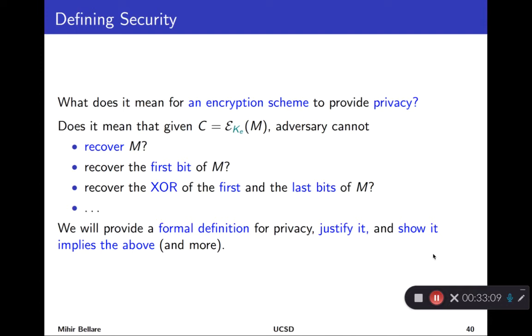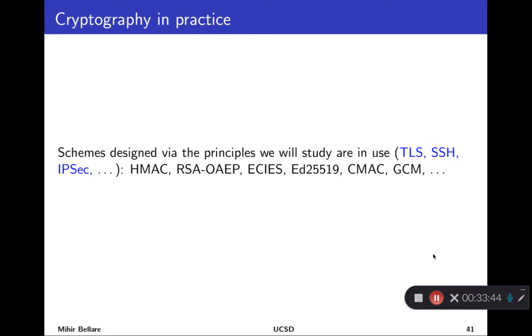And this is where definitions set in. A definition of privacy will allow us to, in one step or statement, using something we call a game, give an abstract condition on the adversary and an encryption scheme that says, if you can do this, then you win. You violate privacy, and otherwise you don't. And somehow that one condition has to capture and imply security in all the senses you see here, and also many others. And as you might imagine, it's actually not obvious what this condition is.